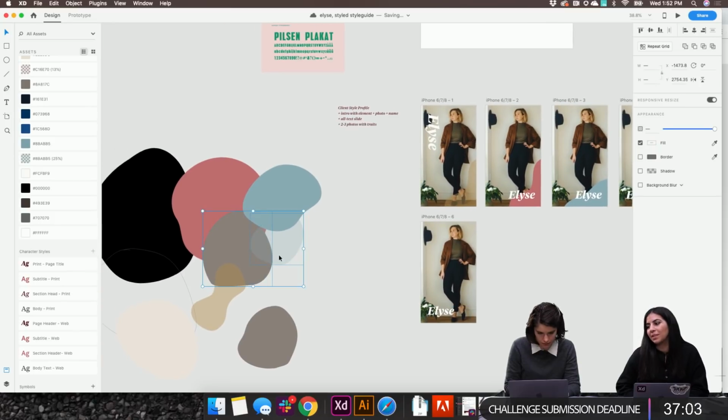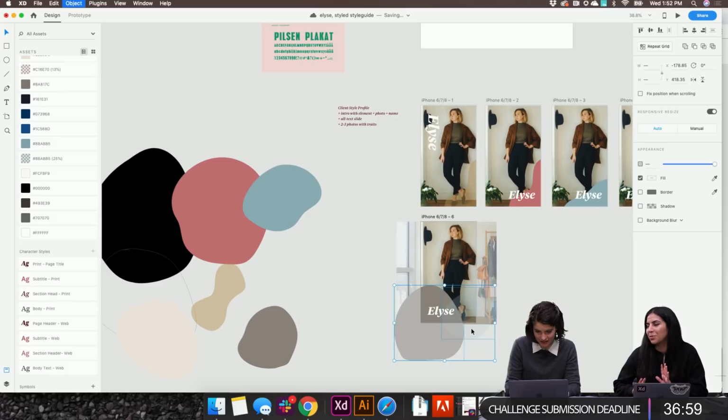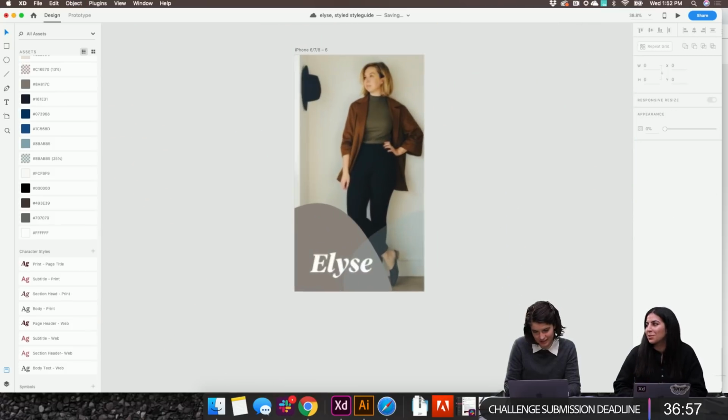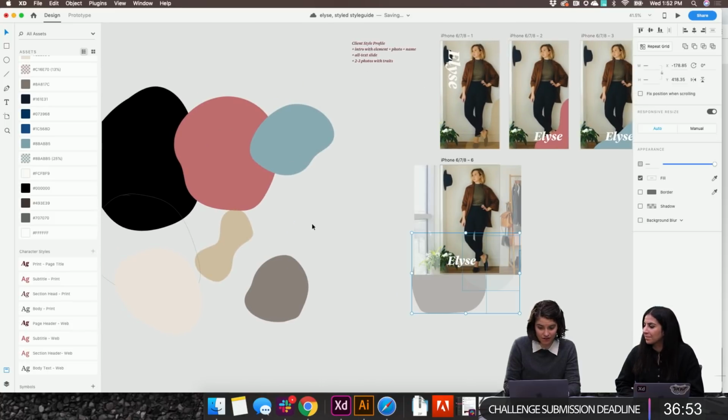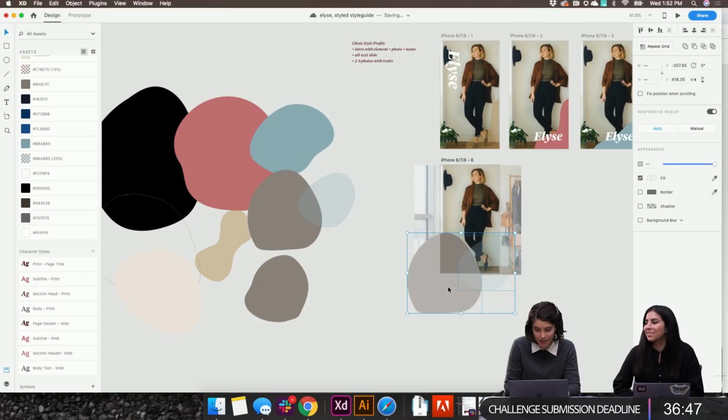So will you show Elise these iterations that you're creating right now, or would you choose like the top two or top three and see what she thinks? I would definitely narrow it down. Although since I'm doing this, she can see the whole process.